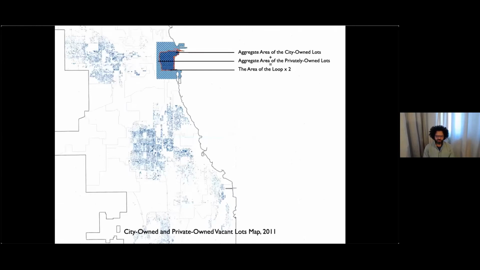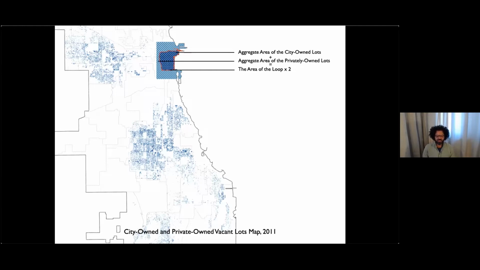And why all of those variables are important is because this is the landscape that I'm talking about. The dark blue, and I'll show details in a moment, are city-owned vacant lots in 2011. At the time, there were 15,000. I believe currently there are about 13,000. When I say that some lots have been sold, the lots that have been sold exceed 2,000. But I think over that same period of time, the city has acquired additional lots. So the number actually always fluctuates, which is why I think currently now I just really refer to 10,000 plus